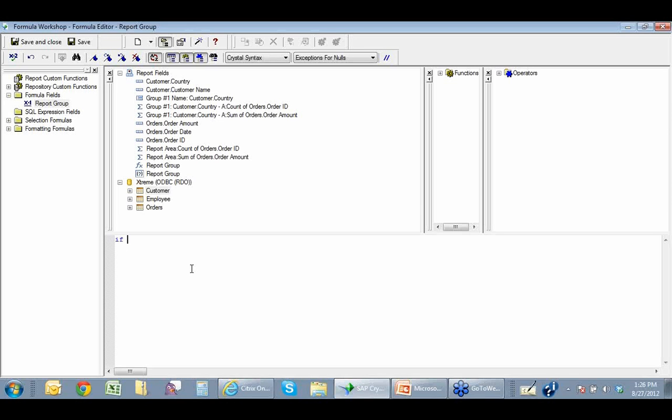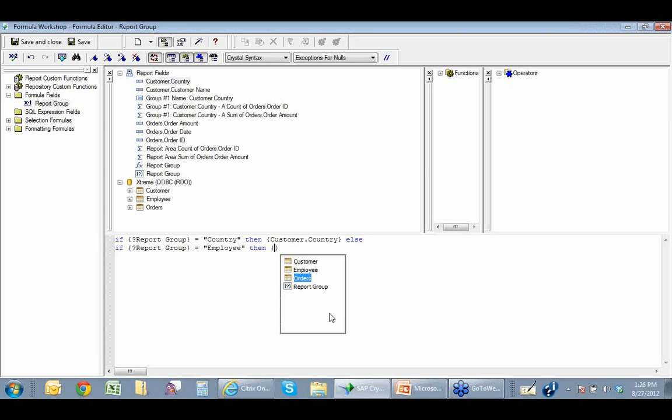So in this case, I'm going to write an if-then-else formula. So we have if report group. This is my parameter. So if my report group equals, and what did we say? One of our options was country. So if the user selects country from the parameter, then I'm going to return the database field country. Else, if the report group equals employee, then I'm going to return